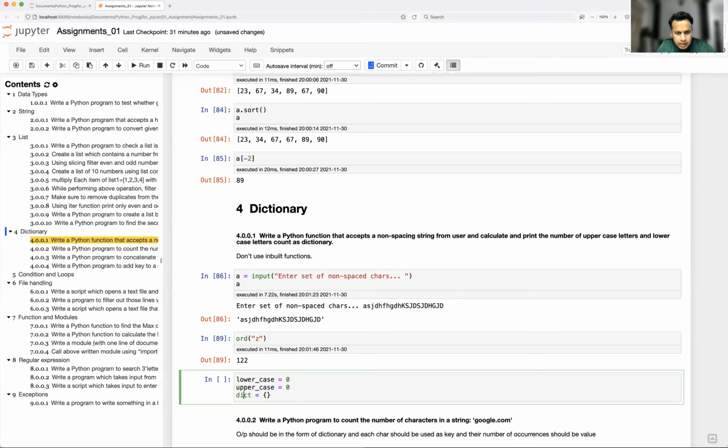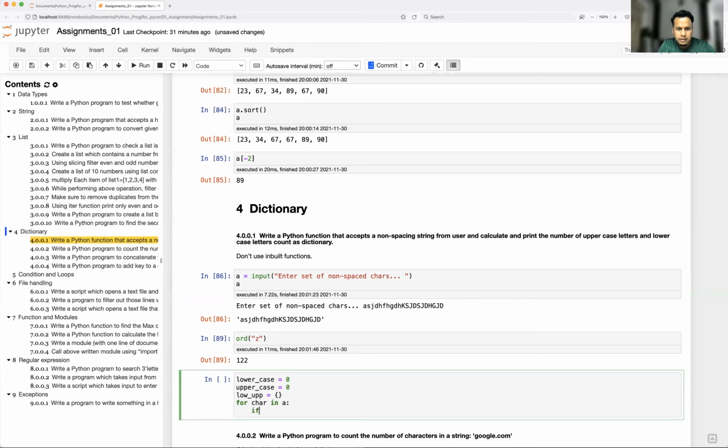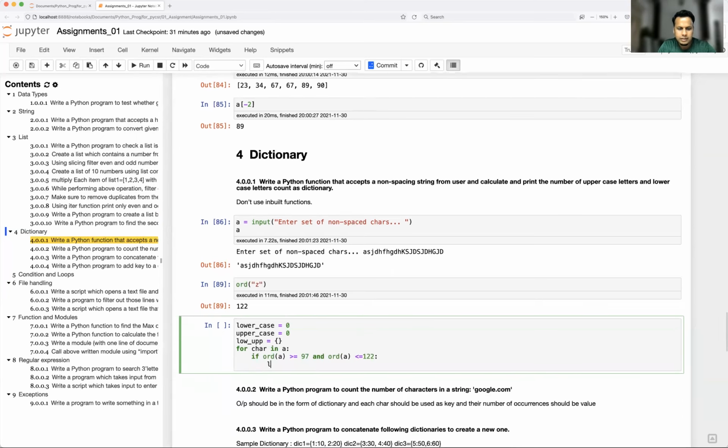Okay, low and up dictionary, for char in a: if ord of char is greater than or equal to 97 and ord of char is less than or equal to 122, then increment lowercase, plus equal to 1. Else,